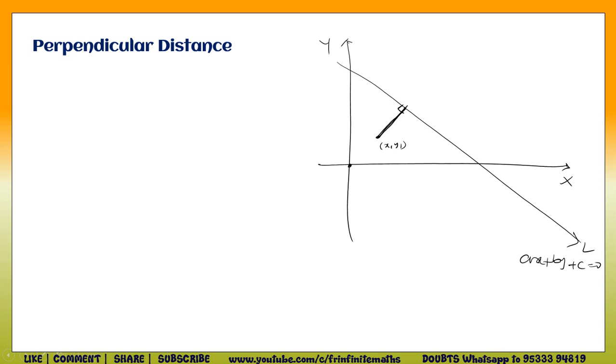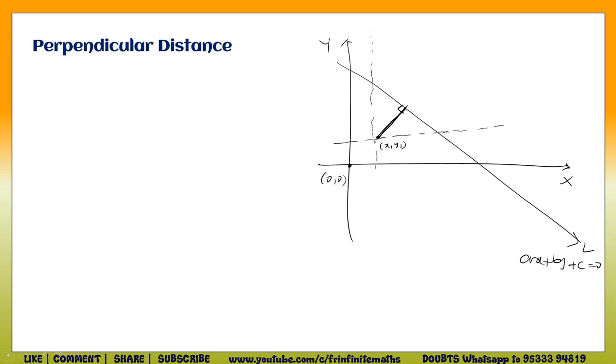Since I know that from the origin it is modulus of c by root a square plus b square. Now if it is asked from x1 comma y1, then what I am going to do is simply shift this origin here. Shifting the origin means we are talking about translation of axes. We are going to talk about translation of axes. Whenever I do translation,